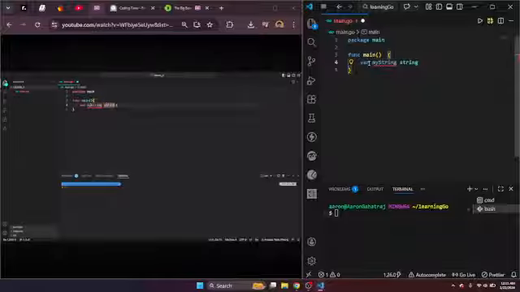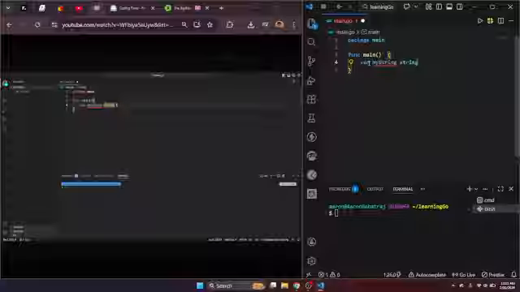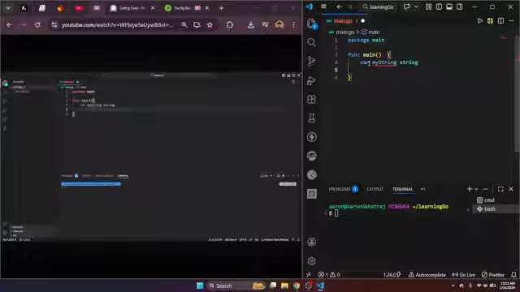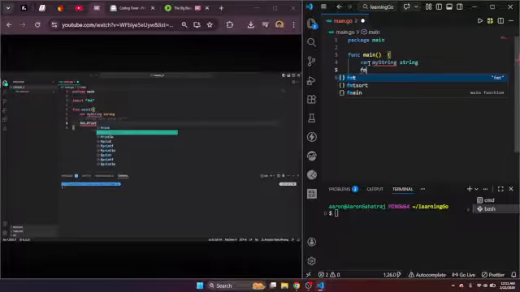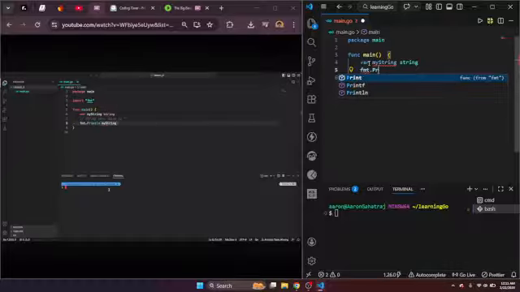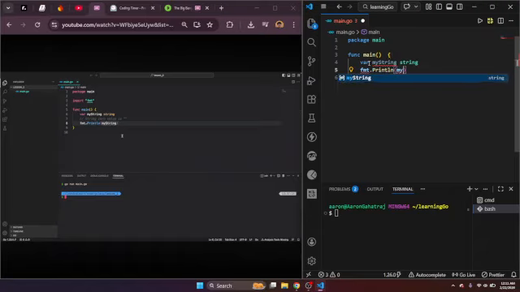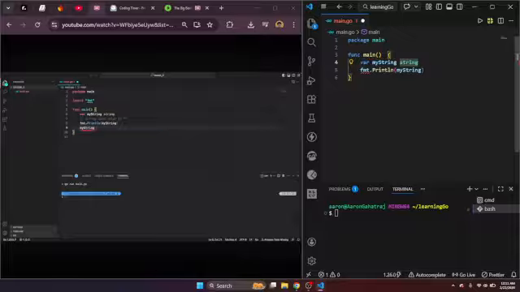We haven't assigned any value to it yet, so Go has a concept of zero value. For string, zero value is an empty string, right? So if I do fmt.Println(myString) and then go run main.go, you will see nothing is printed on the command line. Now let's assign myString a value. myString is equal